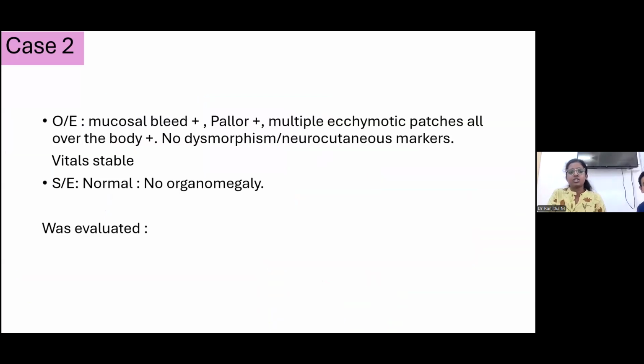3 weeks. So on examination, he had mucosal bleeds with pallor and multiple ecchymotic patches all over the body, and there was no dysmorphism or neurocutaneous markers. His vitals were stable, and systemic evaluation revealed nothing other than normalcy. And with this, the child was also evaluated at